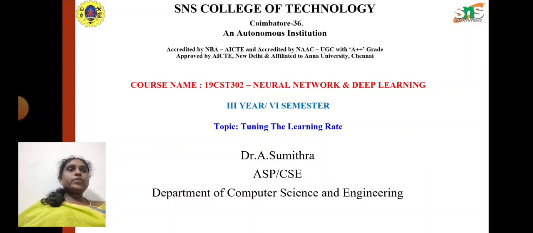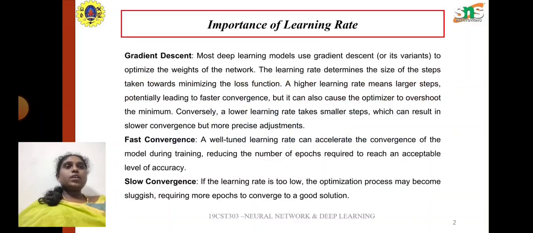Today we are going to discuss tuning the learning rate in deep learning neural networks. Tuning the learning rate is a critical aspect of training a deep learning model effectively. The learning rate determines how quickly the model parameters are updated during training based on the gradient computed from the loss function. Choosing an optimal learning rate can significantly impact the convergence speed, stability, and the final performance of